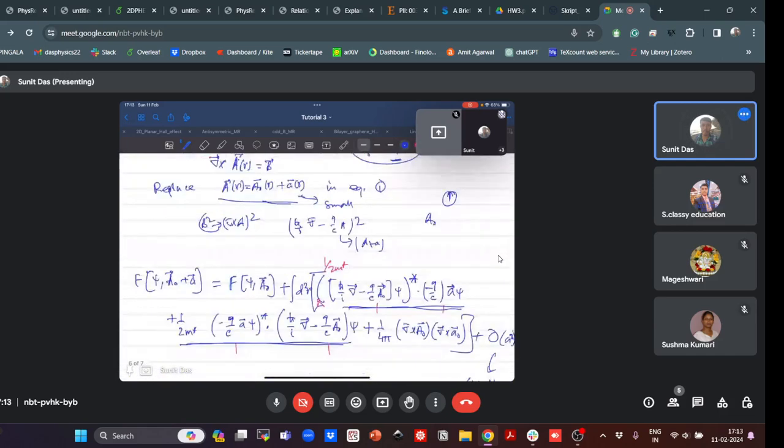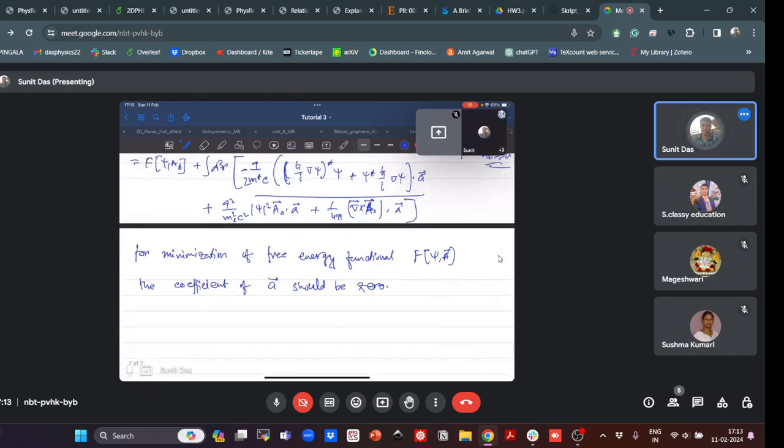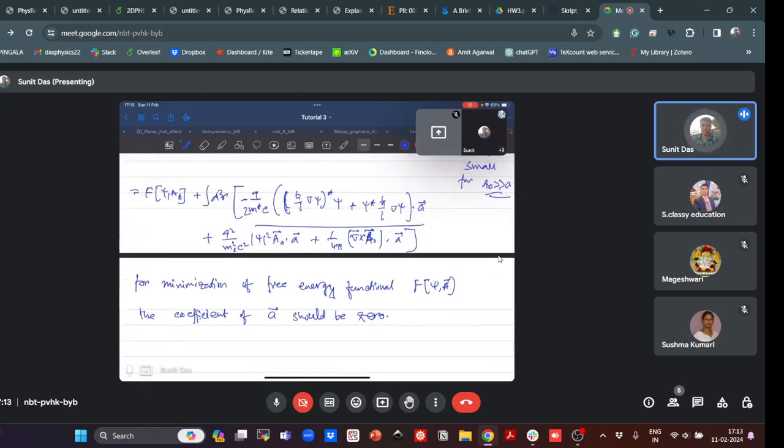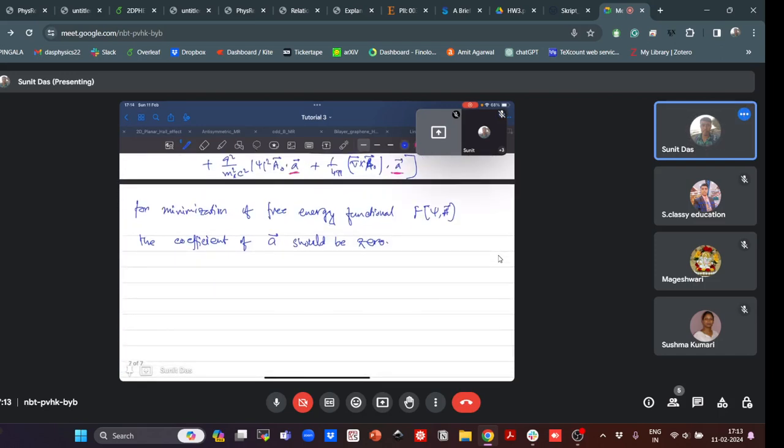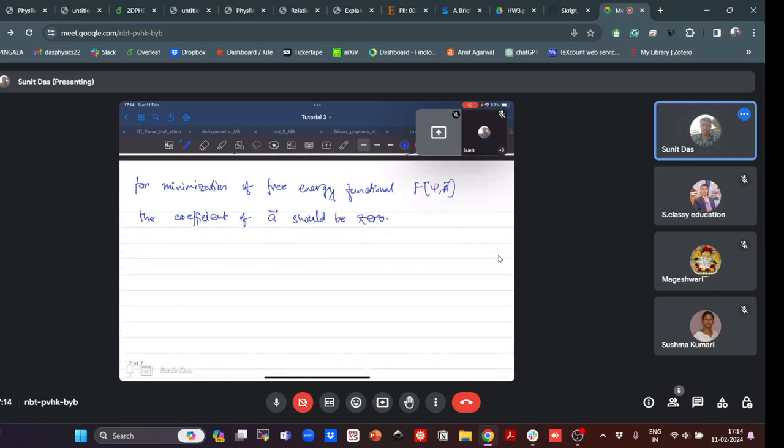Okay, so what was our coefficient of a? All of these are essentially the coefficient of a, the whole part basically, right? Because here it is linear in a, linear in a, and linear in a. So if we equate this, then